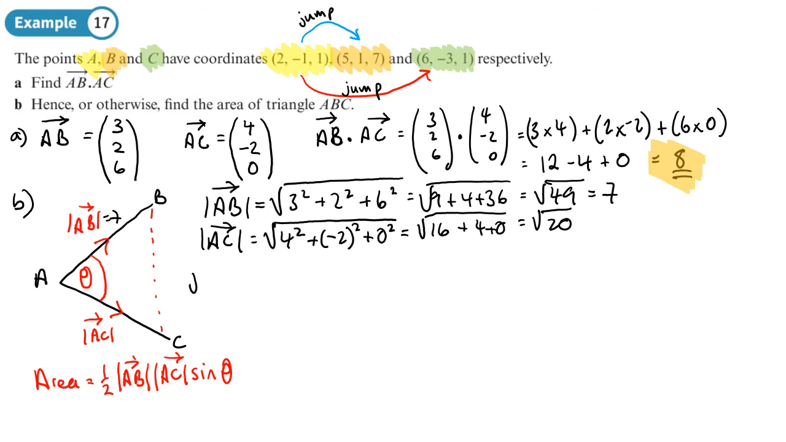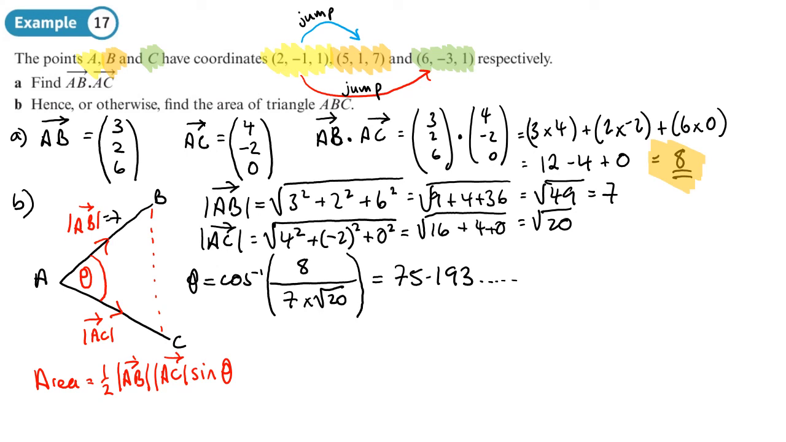Now we need to find the angle between these two vectors. We could just go straight to the cos inverse part, and it's going to be the dot product, which is 8, we worked that out in part A, divided by the lengths, so that's going to be root 49 times root 20. We'll work that out on our calculator and we'll get 75.193